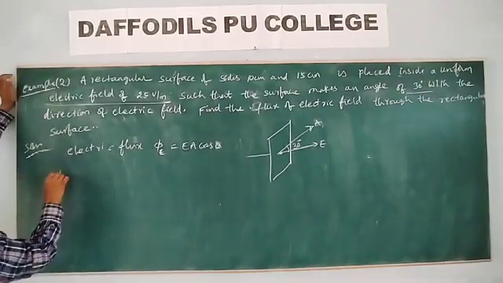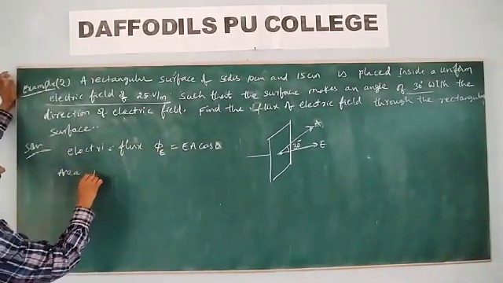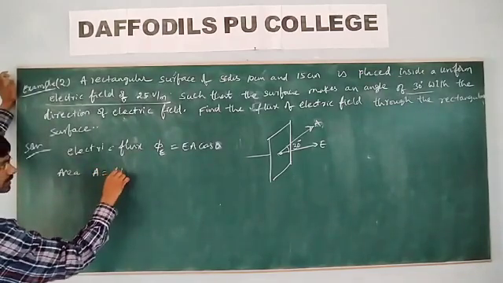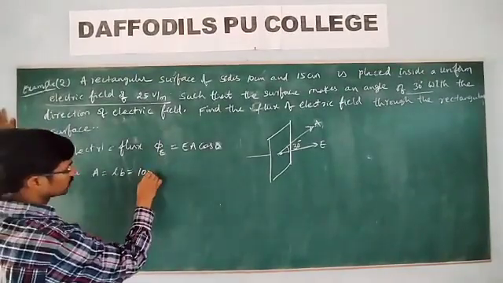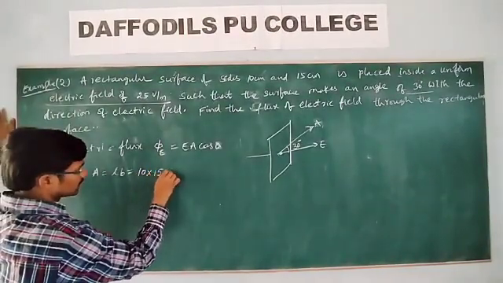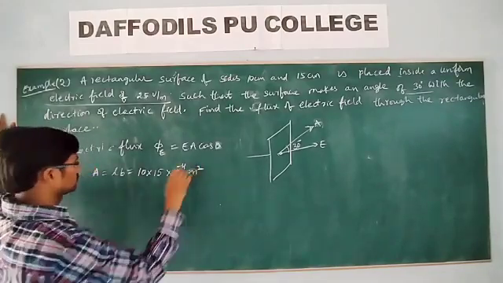What are the sides? Area of this rectangular sheet, area A is equal to what you know? Length into breadth. Then 10 centimeter into 15 centimeter,